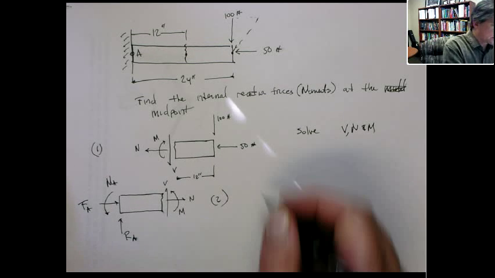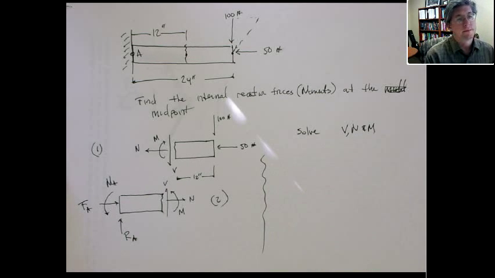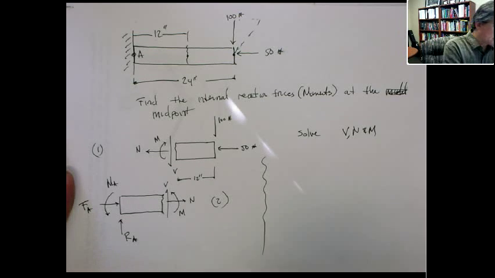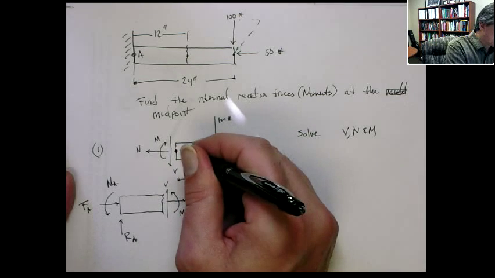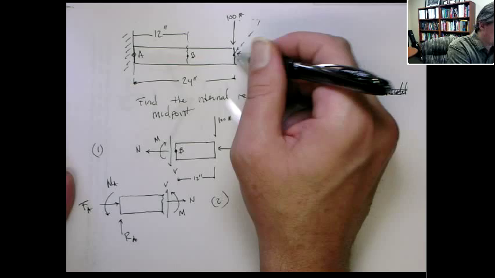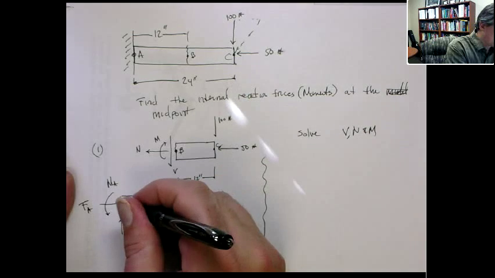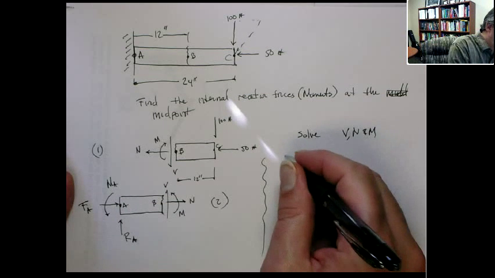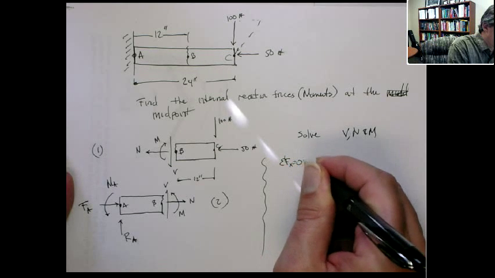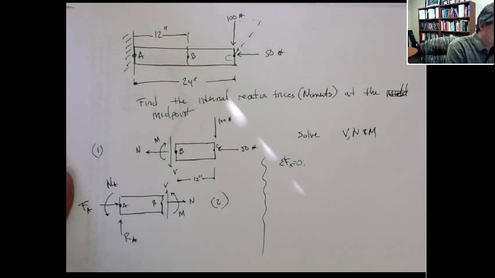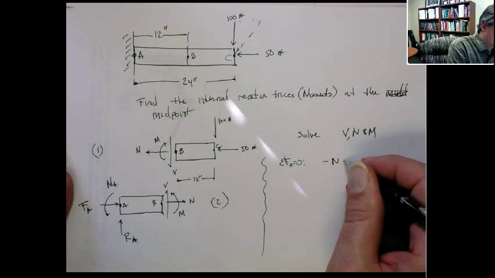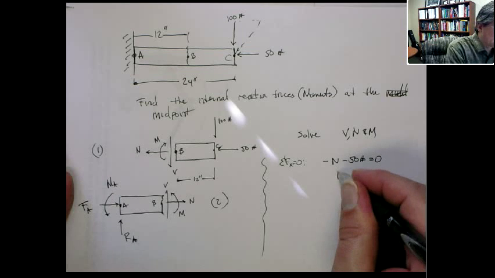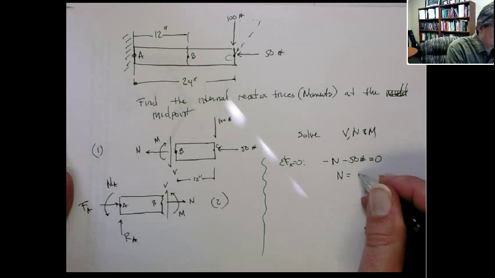If we look at the first free body diagram, we can directly write sum of forces in X, sum of forces in Y, and sum of moments around, let's pick this point, call this point D, and this point C. So if we do sum of forces in the X direction equal to 0, that gives me minus N minus 50 pounds equals 0. We can solve for N. N equals minus 50